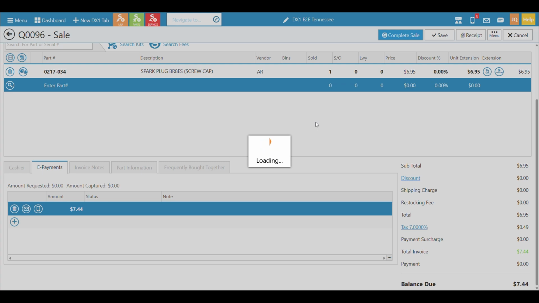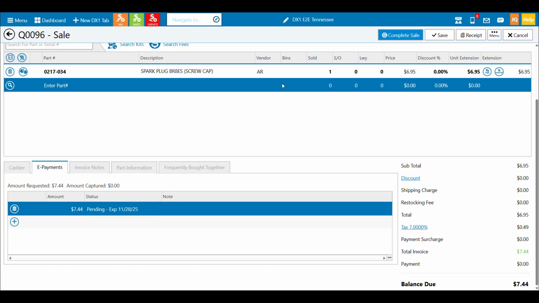And now it's going to do a couple of things. It's going to start in the background by sending an email to the customer. Obviously they need a way to make that payment. They're going to get an email. It's going to have a secure payment link in it that they can click. They'll do that, and you'll end up getting a notification. And we'll walk through that process here in a second.